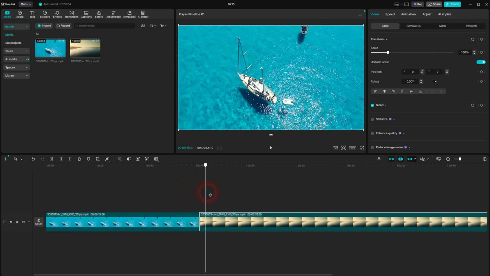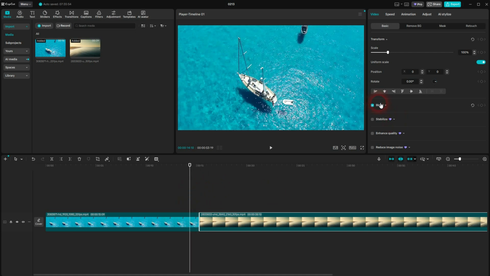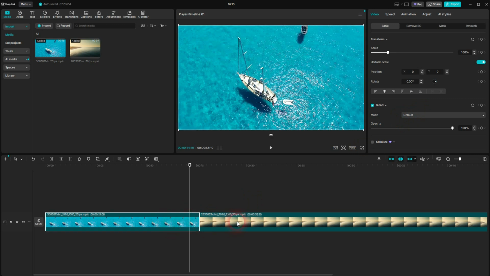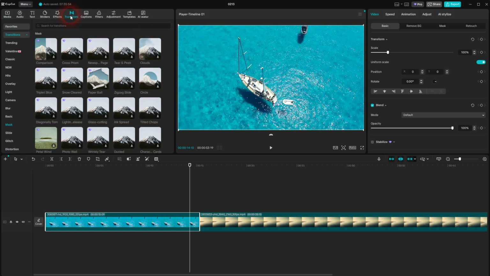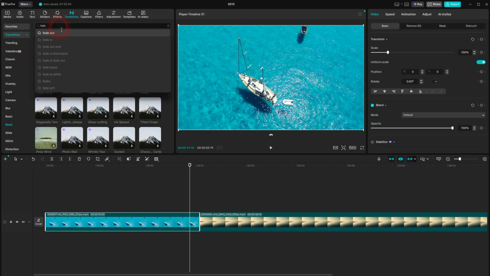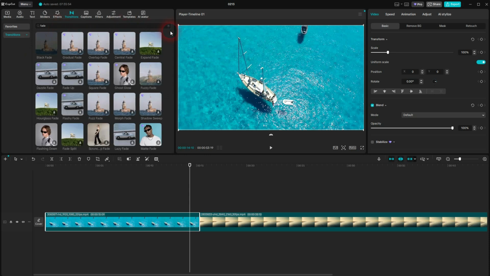And now you could use the blend for the first clip, blend it out, and then the second to blend it in. But there's an easier way. And this is right here under transitions. Open a drop down, you can cycle through them. But the easiest way to find it is to just type in fade. There's a search function, confirm via enter, and then you get all the transitions that have a fade in the